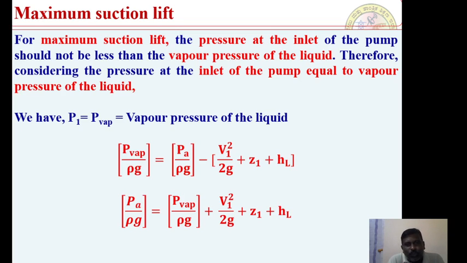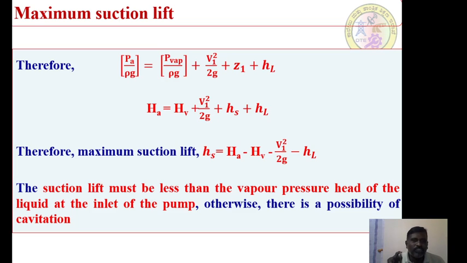Therefore, P vap by rho g is equal to PA by rho g minus V1 square by 2g plus Z1 plus HL. So PA by rho g is equal to PV by rho g plus V1 square by 2g plus Z1 plus HL, if you solve for P atmospheric in this case. But in this case we are considering Z1 as